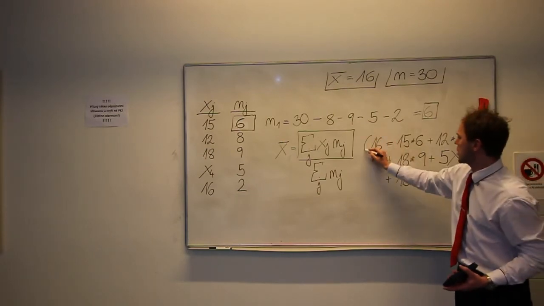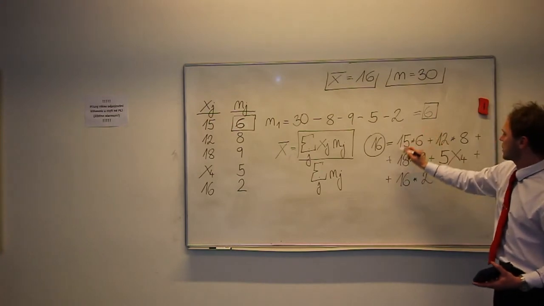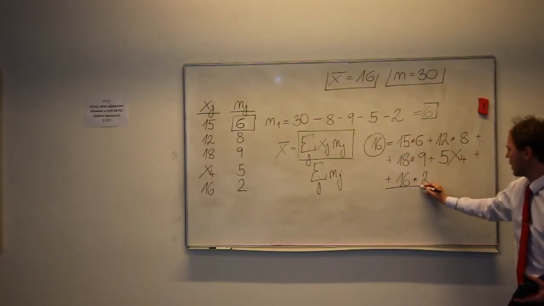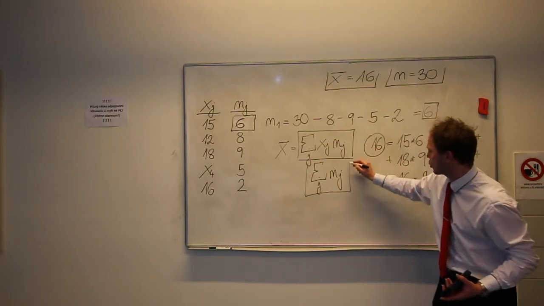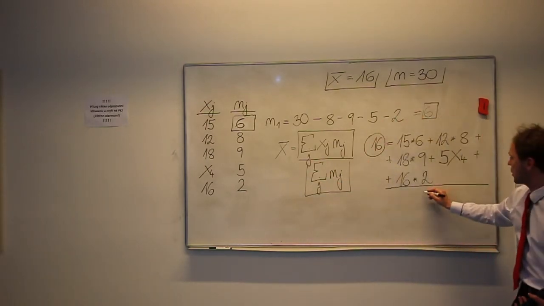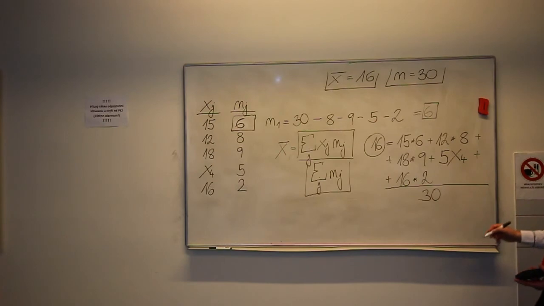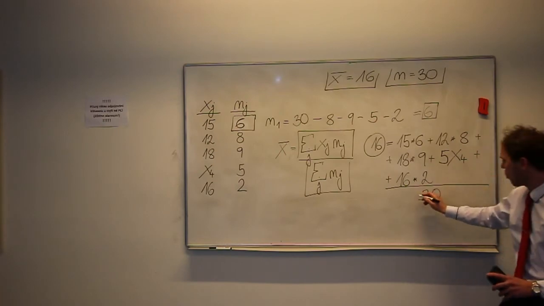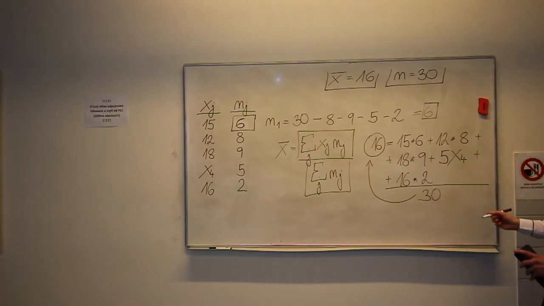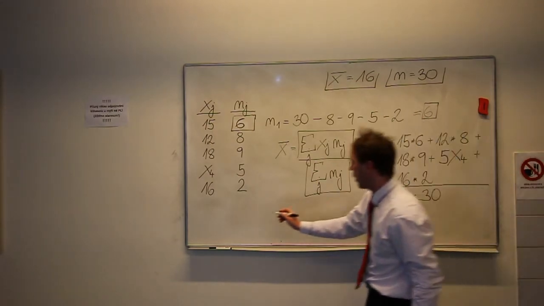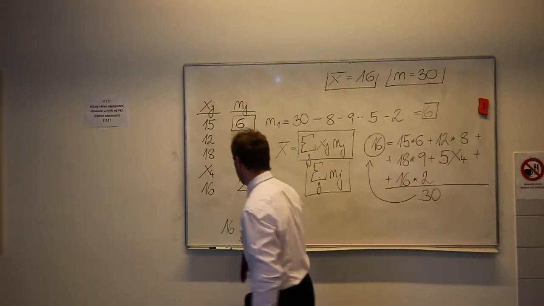So this is the numerator, and the denominator is the summation of nj, 30 students. We can move this denominator here, so on the left side will be 16